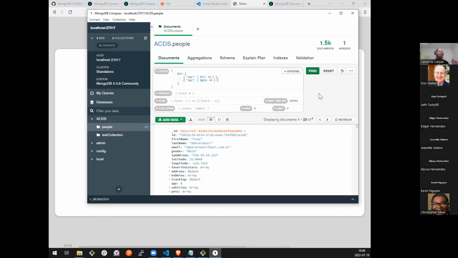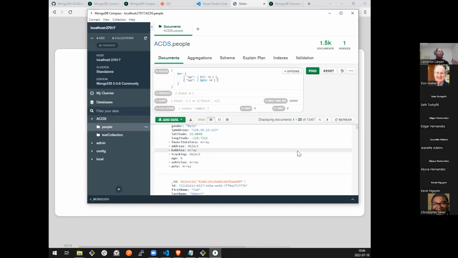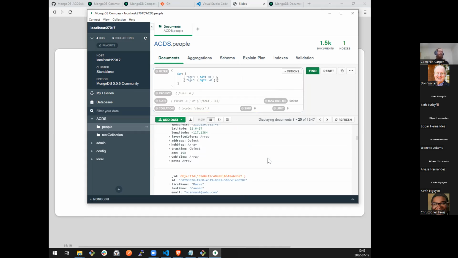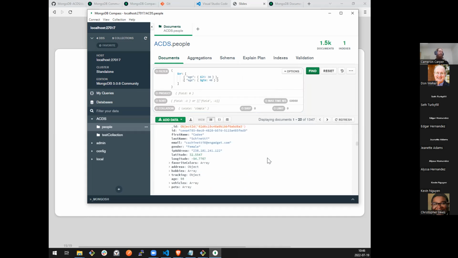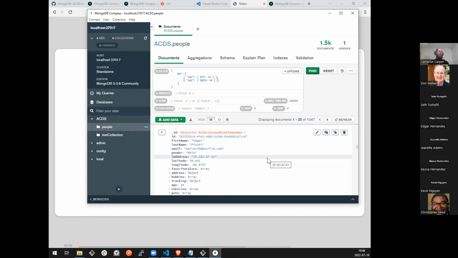And again, we'll do our quick scroll through. We got someone who's 8, clearly under 30, 81, clearly over 40, 19, 108, 50. So looking good. So again, our and or operators, they work exactly the same as every other language. Our syntax is just a little bit more complicated because of how we have to write it for Mongo.